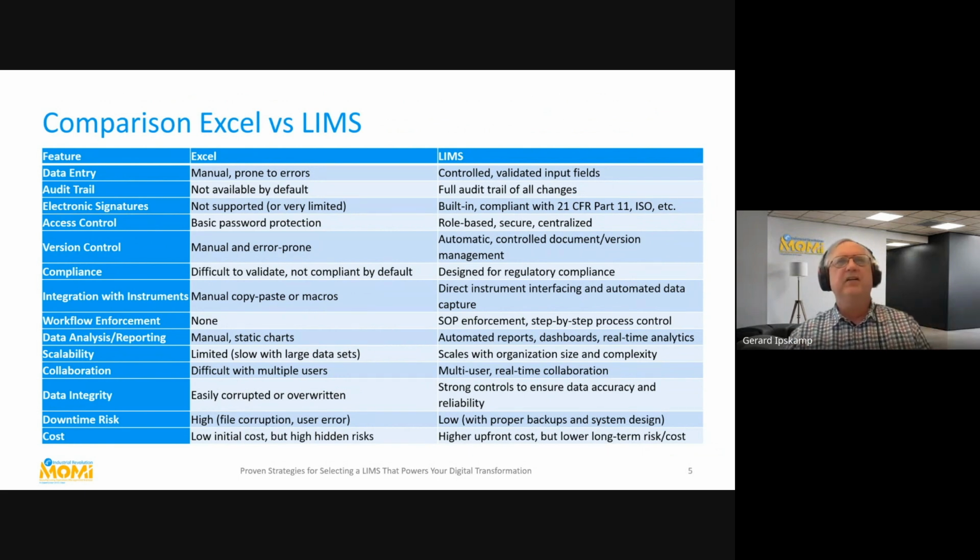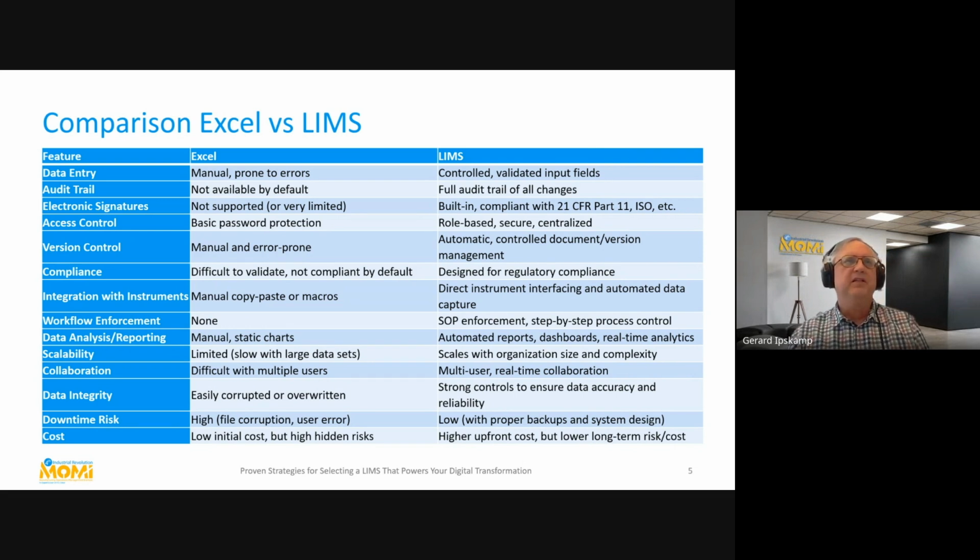In all those years, I collected a kind of list that compares these, because you always have this discussion. I will not go through every item, but for example, audit trail is always, and the more regulated you are, the more discussions you have about it. In Excel, you don't have an audit trail. You cannot see who did what, when, where, what was changed, etc. And all the LIMS systems I know, serious LIMS systems, there is an audit trail. Sometimes not easily accessible, but that's a different discussion, but it is there. So if you want it, then it's there.